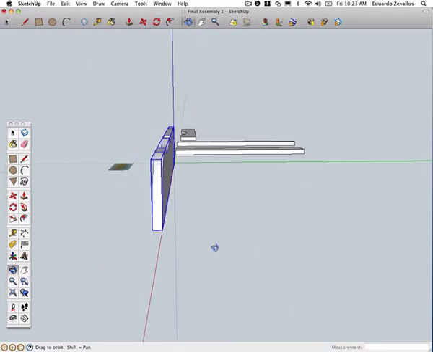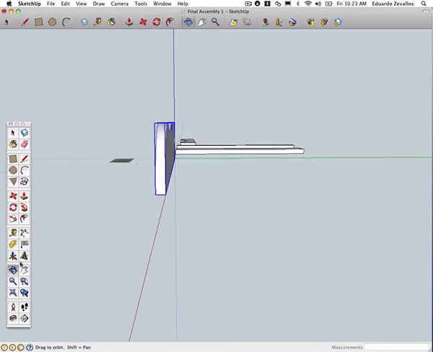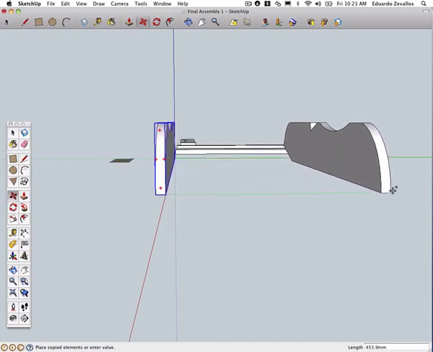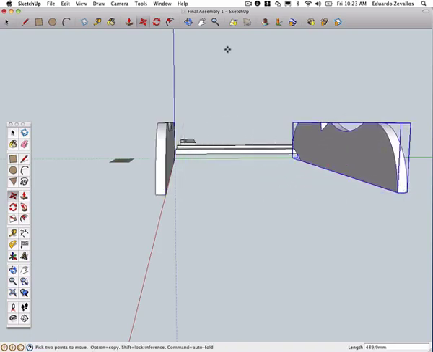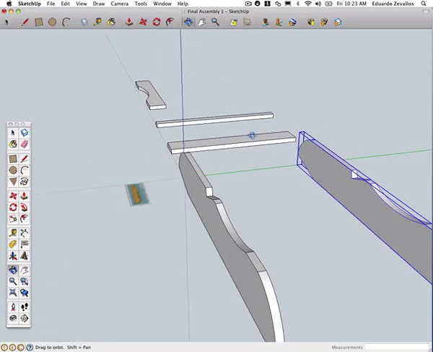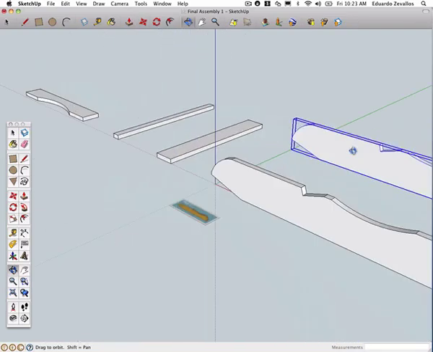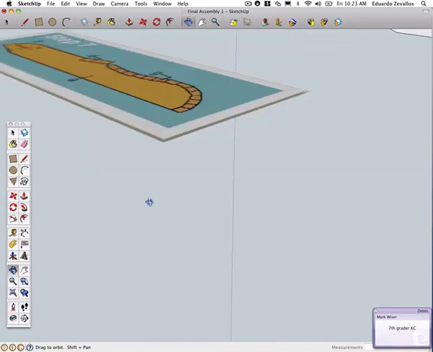Now, I'm going to use my move copy tool. Click on one of these points here. Click Option to toggle my copy, and keep that squared along the green axis. See? Now, let's take another look at